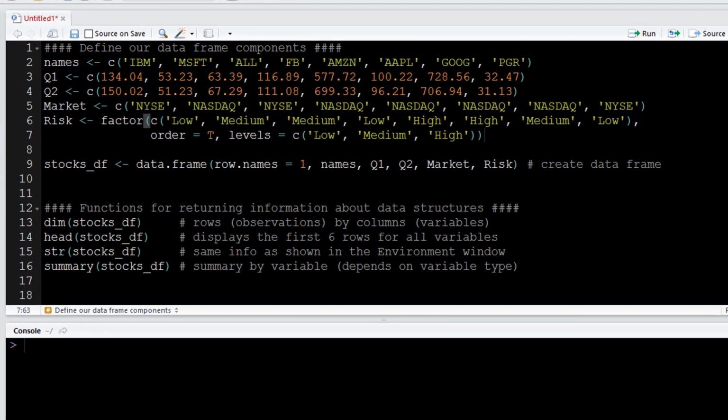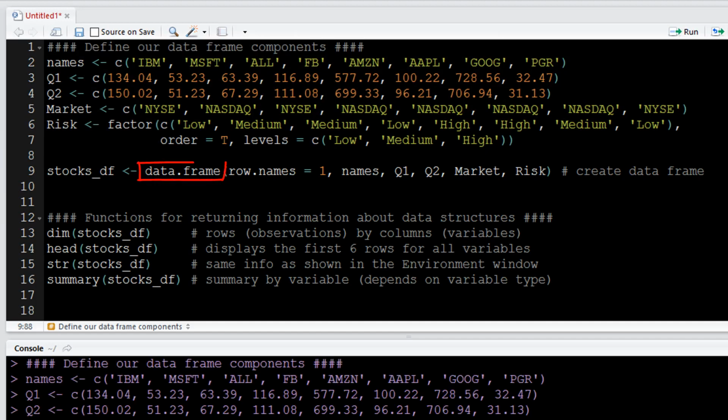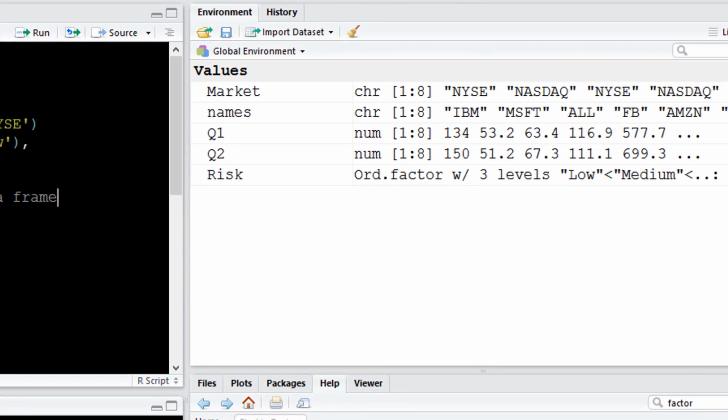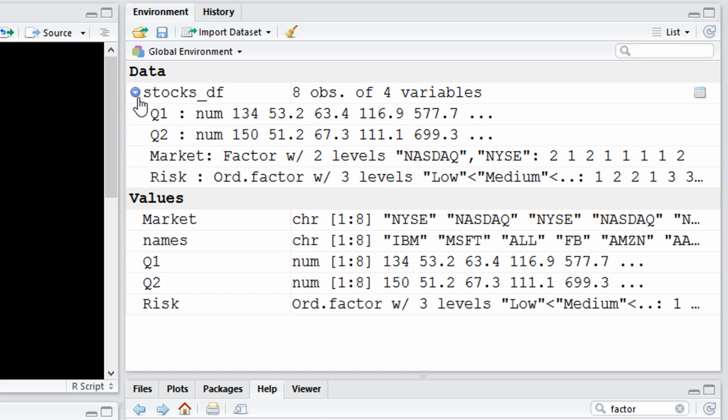So let's begin by creating an example set of components to form our data frame. Using the data.frame function, we will combine all these components to create our data frame. Now if I use the drop-down menu on our data frame, you can see that there are 8 observations and 4 variables, that there's this Q1 and Q2, which are just going to be the quarterly stock prices, which market, one of 2 markets, either NASDAQ or New York Stock Exchange, and then there's this risk variable, which is ordered with